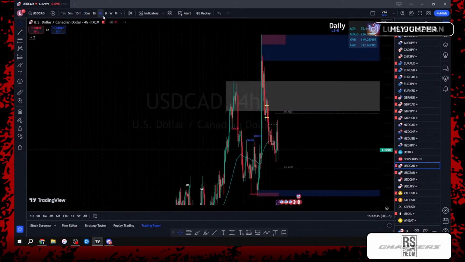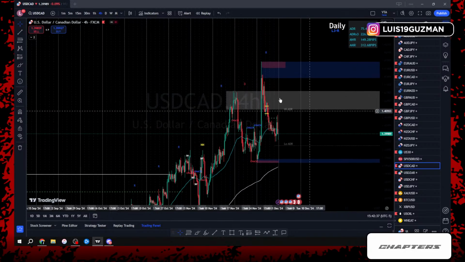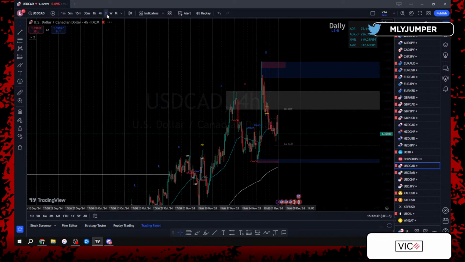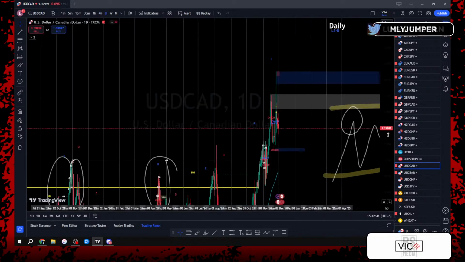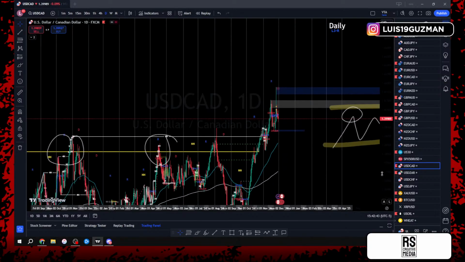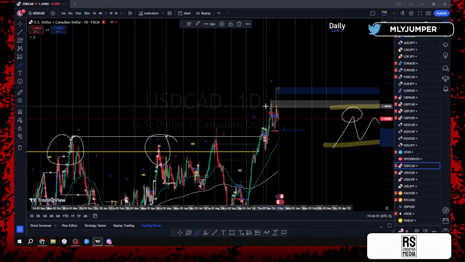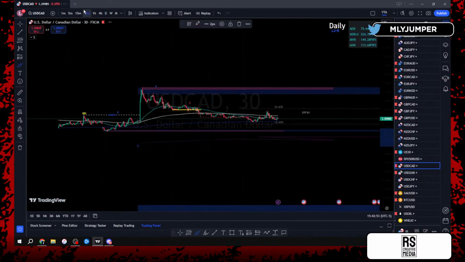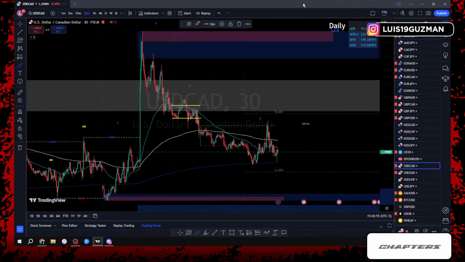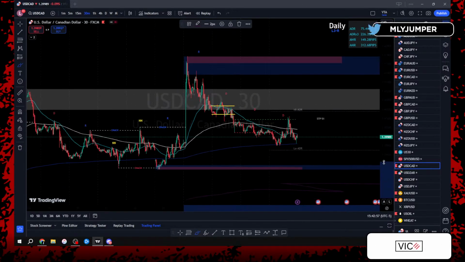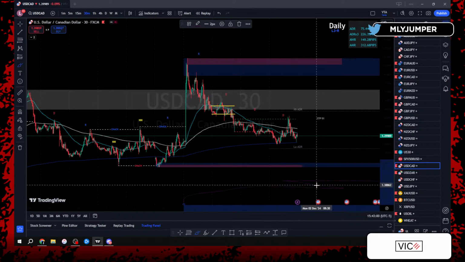Structurally speaking, this doesn't look the best in the lower time frame. The higher time frame does tell us that price wants to continue to push. However, again, I'm looking for price to bounce off the 50 EMA. So the EMA is going to be moving, right? The more price in the lower time frame consolidates and moves like this, it gives the market and the EMA more time to push up as well.